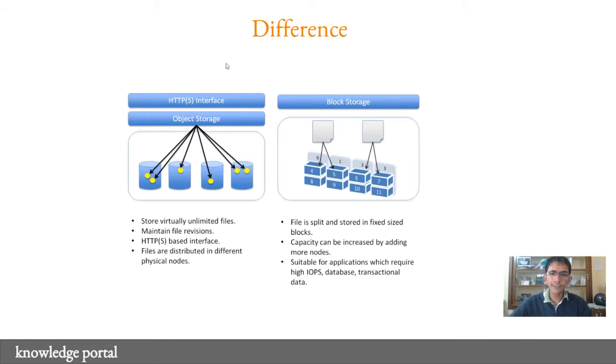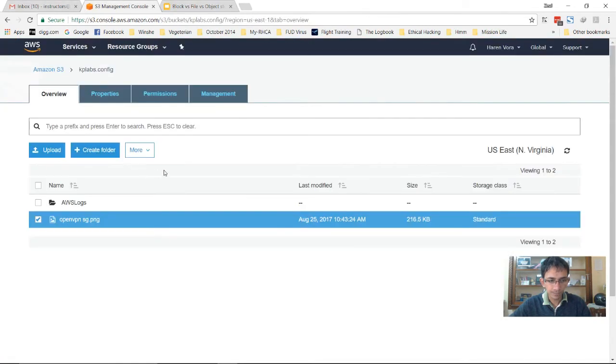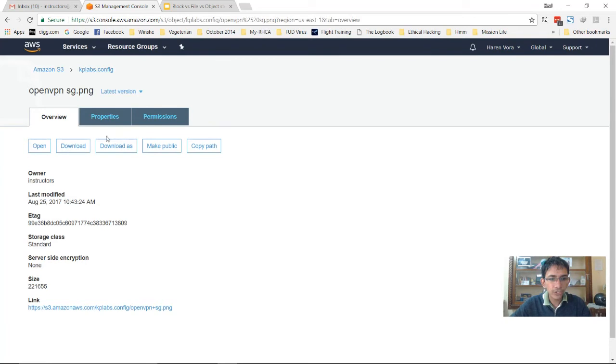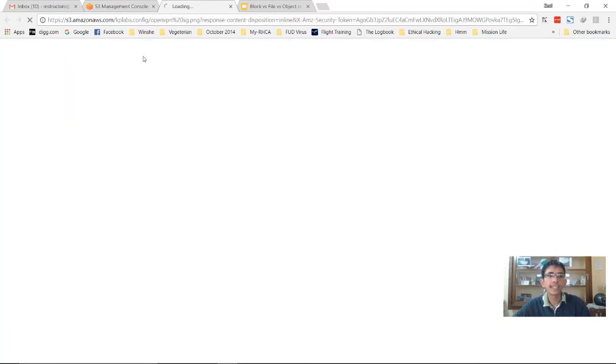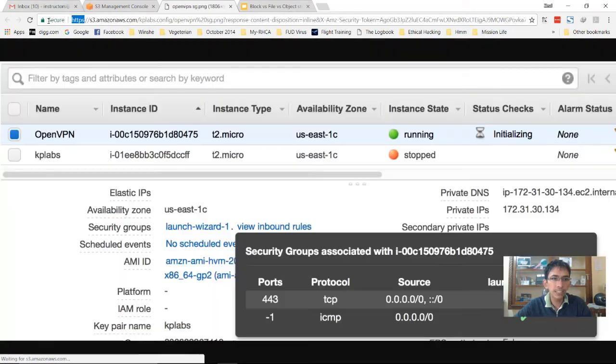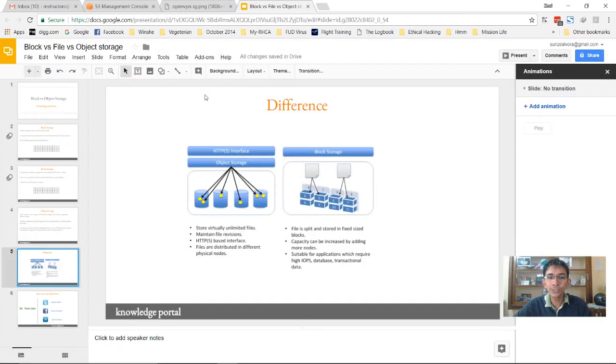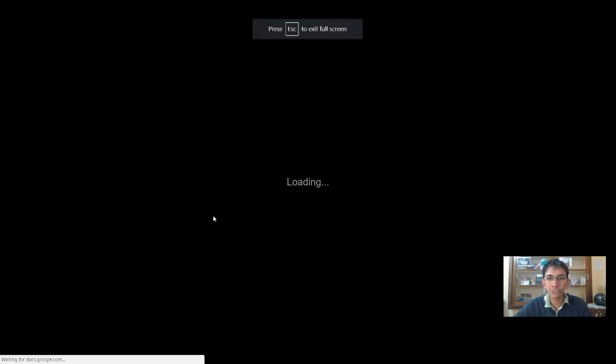So one of the very famous differences between block storage and object storage I can tell is that object storage can be called via API. So you see, you have an HTTPS based interface. So you can call the object. If this was a text file, you could actually open this up in the browser via HTTPS. You will see you are actually able to open this up from the browser itself. However, you cannot really do that directly with block storage.